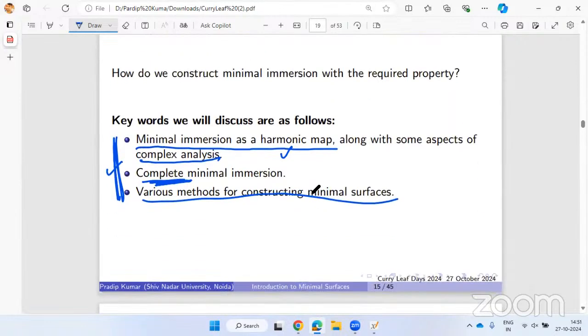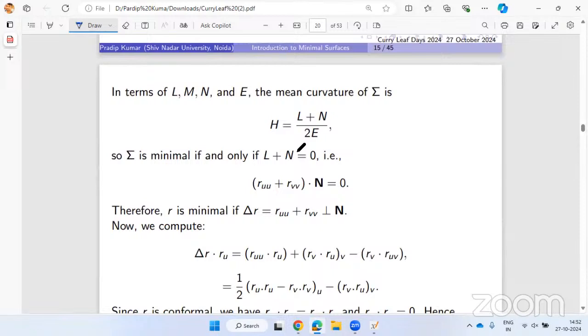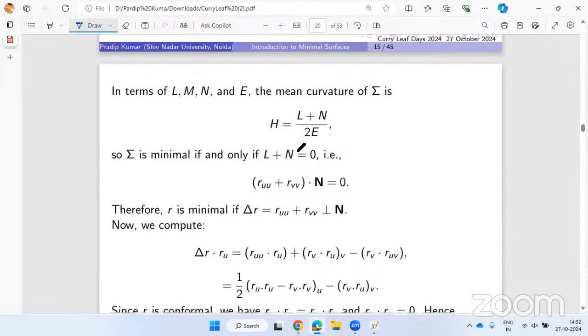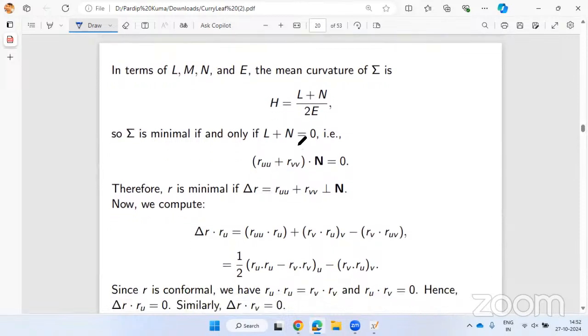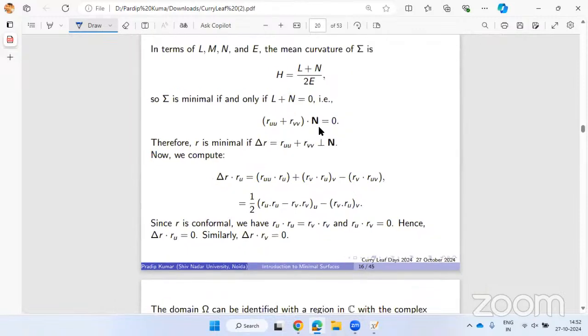So starting with: a minimal immersion is a harmonic map. I will come back to this mathematical expression again. This was the mean curvature, H equal to (L plus N) divided by 2E, and I will share this slide with you, or you can take a screenshot, with some calculation. It is a very easy calculation. It turns out that, I will just write down in one line,